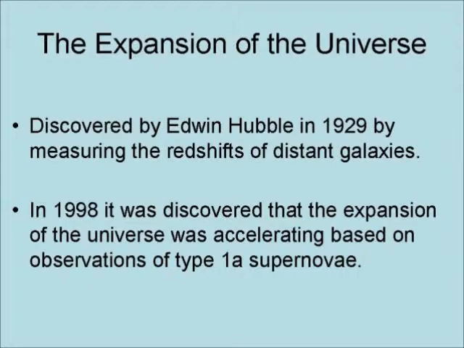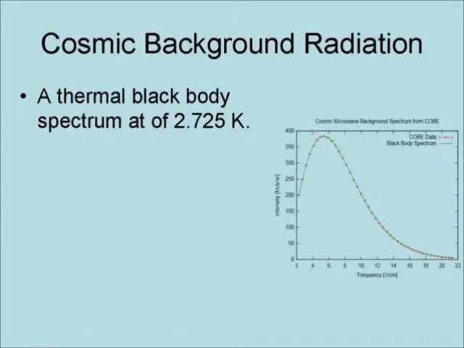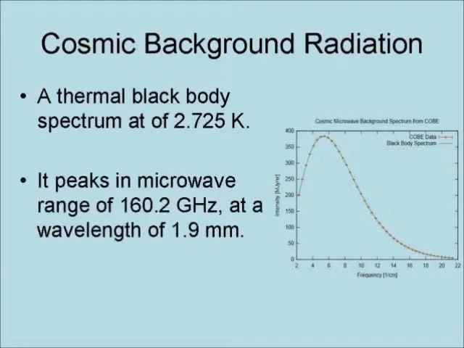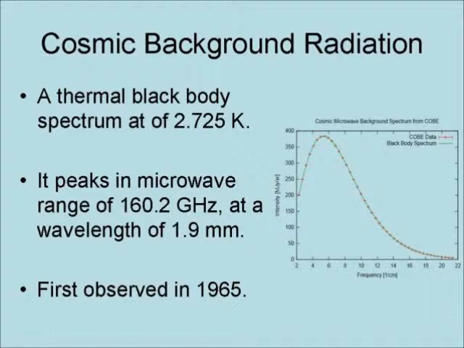type 1a supernovae. Cosmic background radiation is a thermal black-body spectrum equivalent to a temperature of 2.725 Kelvin. It is very uniform in every direction. It peaks in the microwave range of 160.2 gigahertz at a wavelength of 1.9 millimeters. It was first observed in 1965 by Arno Penzias and Robert Wilson at the Bell Telephone Laboratories in Murray Hill,